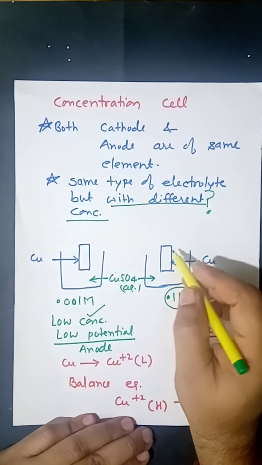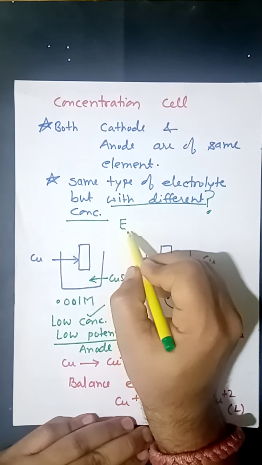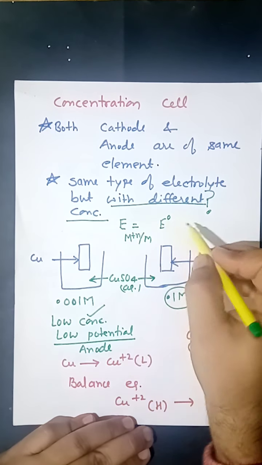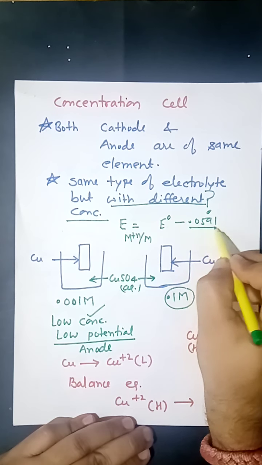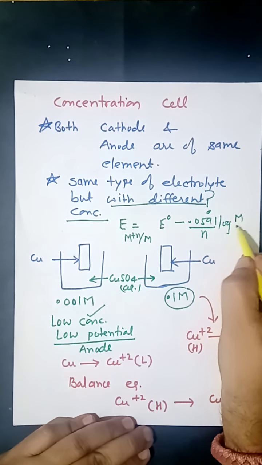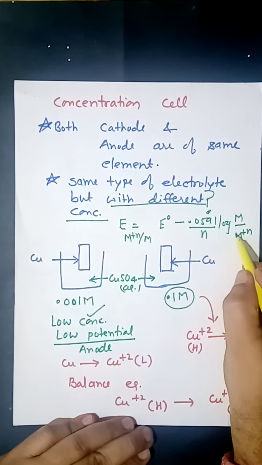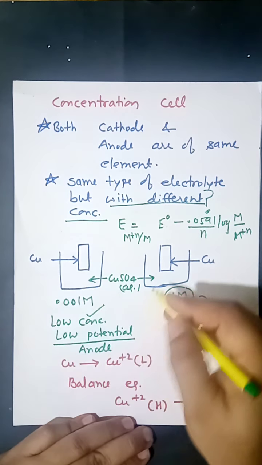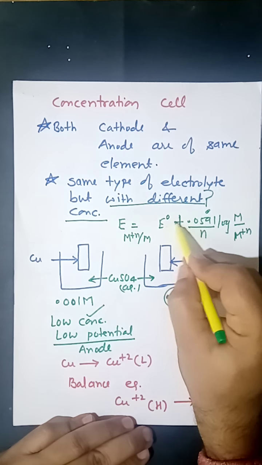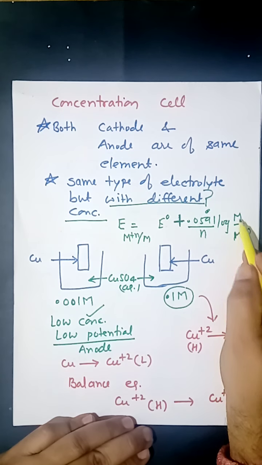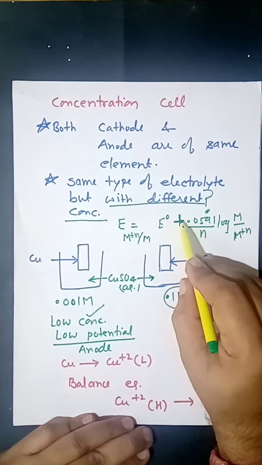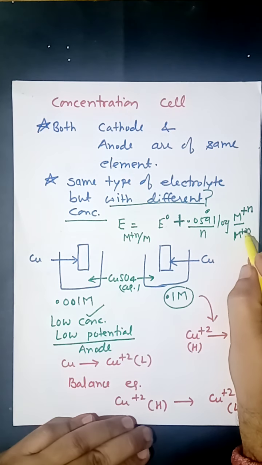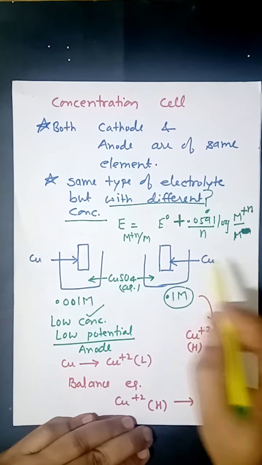Now as per the Nernst equation, if you remember, we have discussed E equals E naught minus 0.0591 upon n log metal upon metal ion. This is the Nernst equation for electrode potential. Now one property of log: if you change the sign from negative to positive, then numerator and denominator get inversed. It means as soon as you write plus here, now the numerator will be metal ion and the denominator will be metal. So both formulas are right.